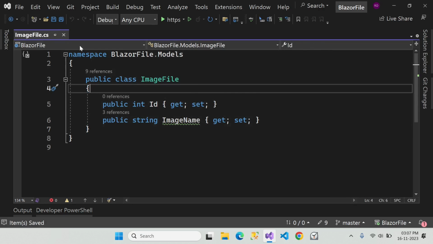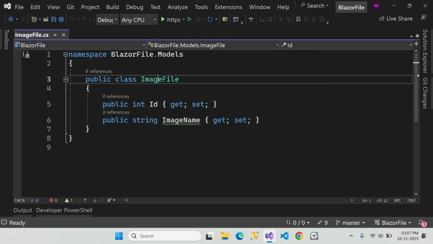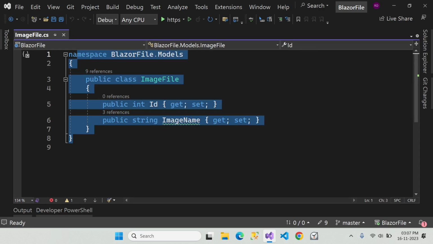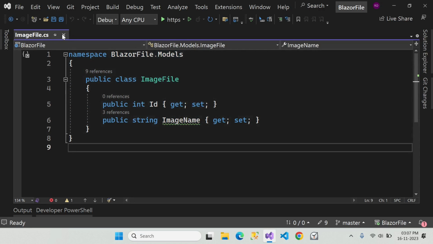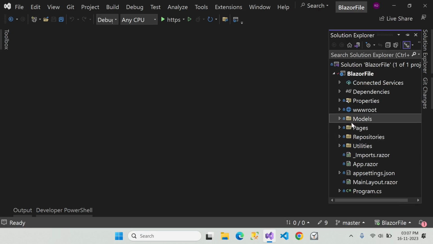So here create this class ImageFile.cs inside the Models folder, and this is the structure of the class: public int Id and public string ImageName. Okay, once you do it, then we will move ahead,